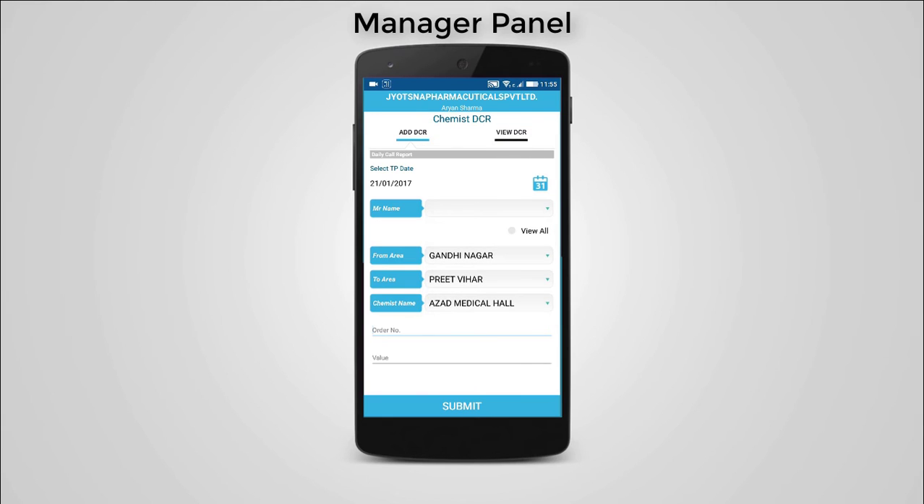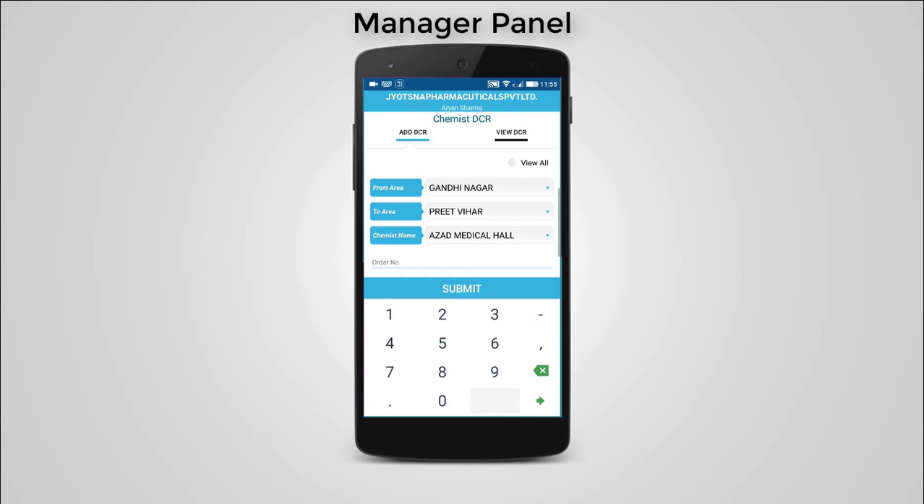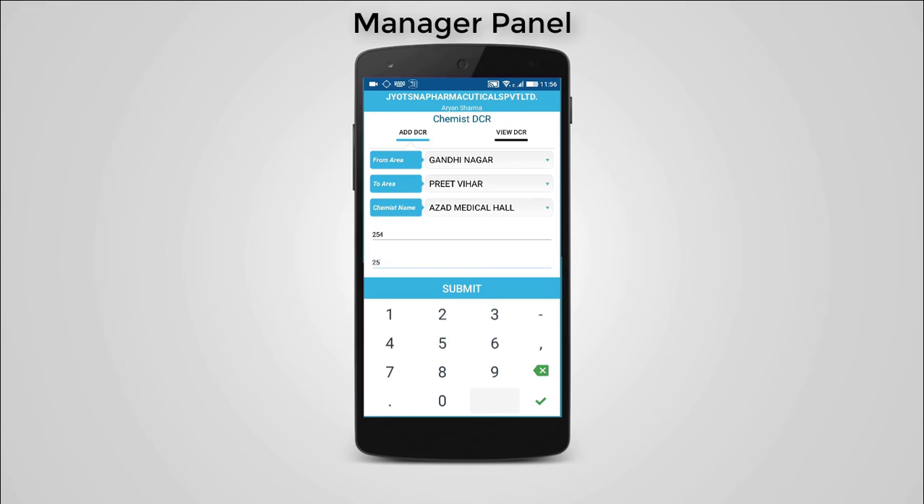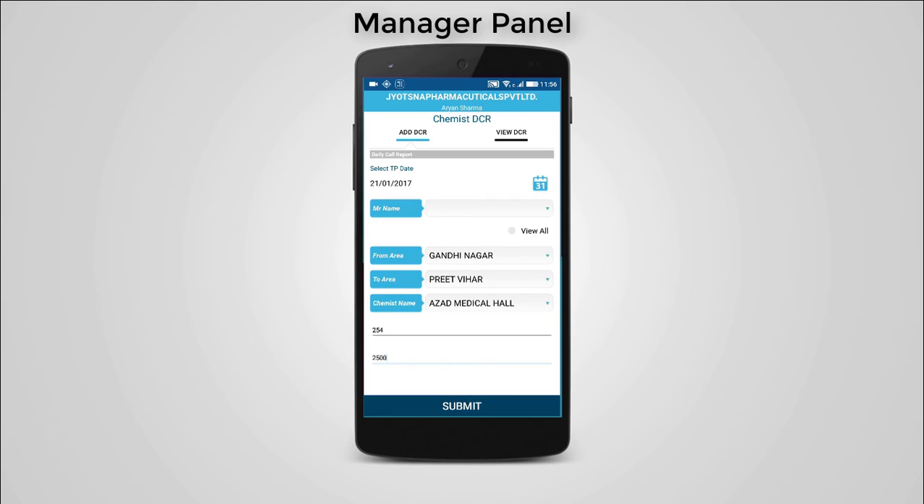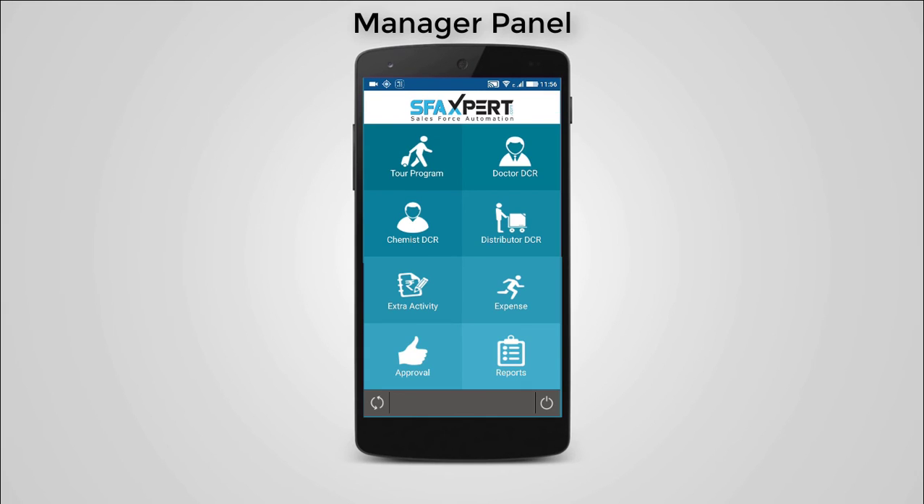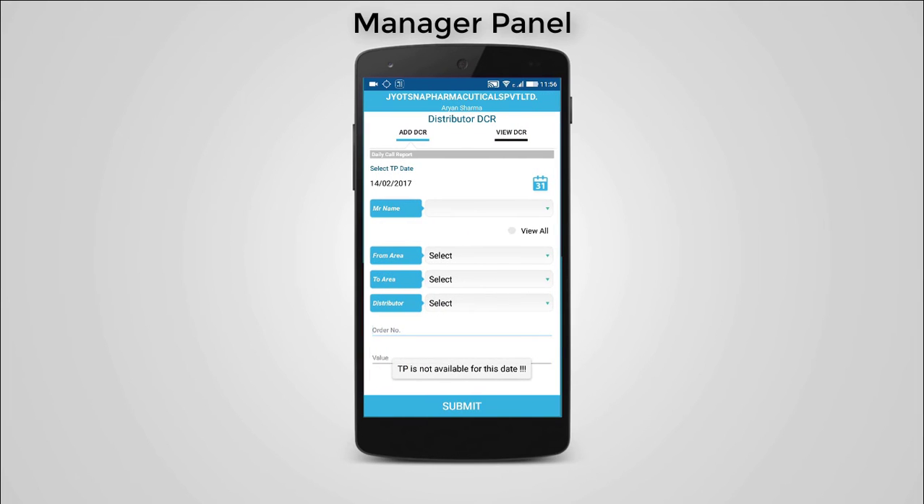Then after selecting chemist, we'll define his order number and value. Then tap on submit. If you want to fill distributor DCR, then you will select distributor DCR. Here also the same options are available like chemist DCR. Here also you will select the date, then select the MR, then select your headquarter area. In two areas, select the area in which you have visited. Then select the distributor whom you have visited, his order number and order